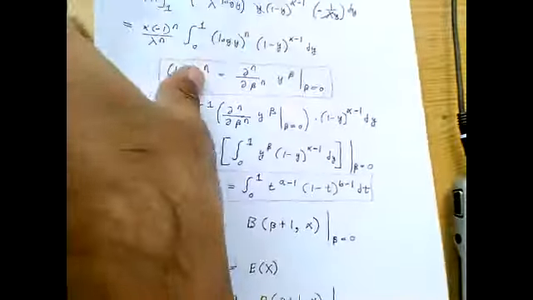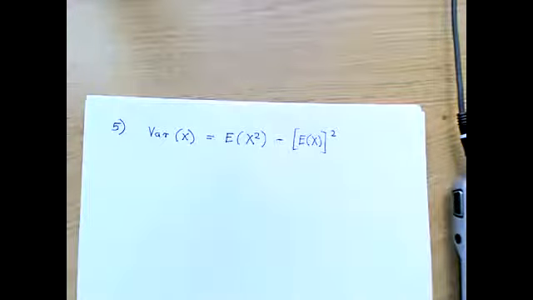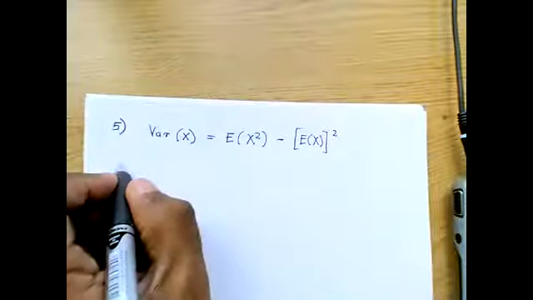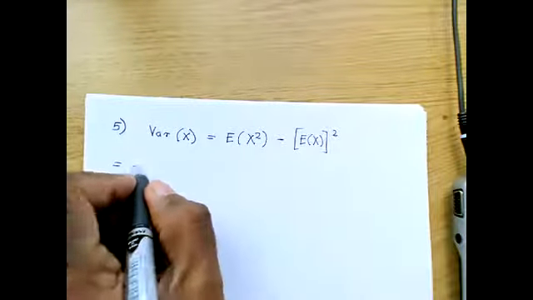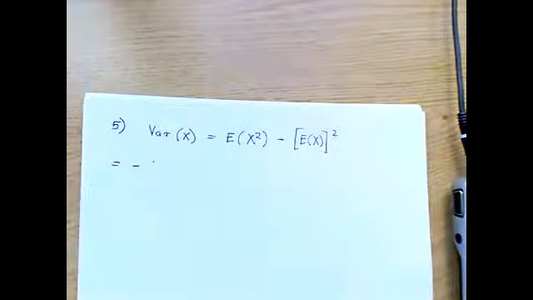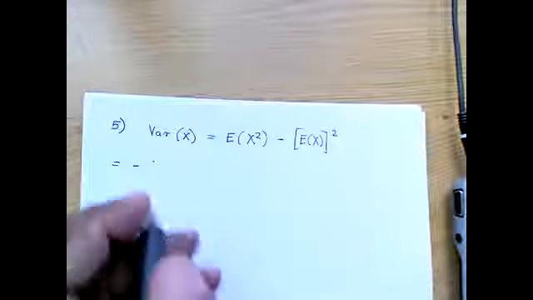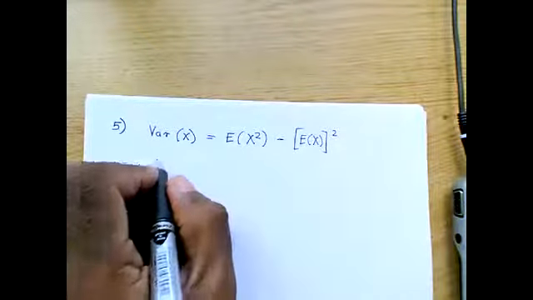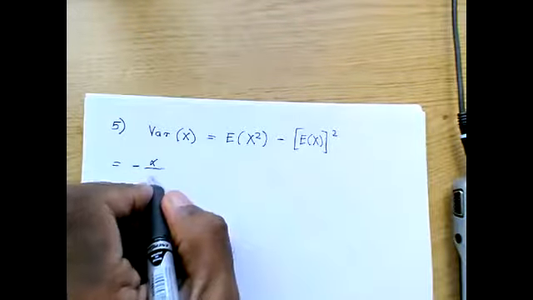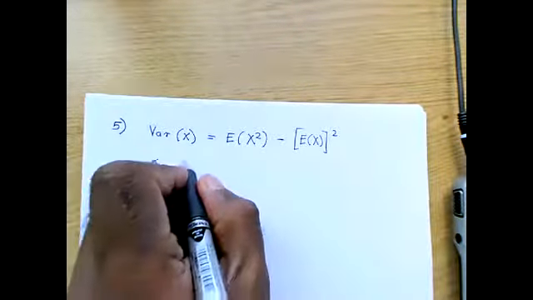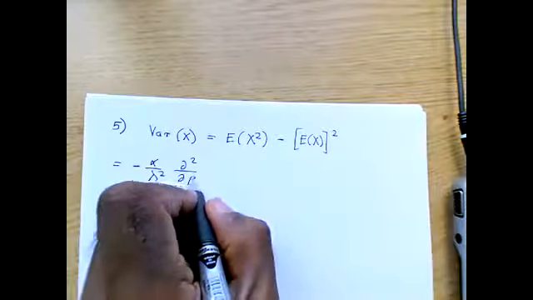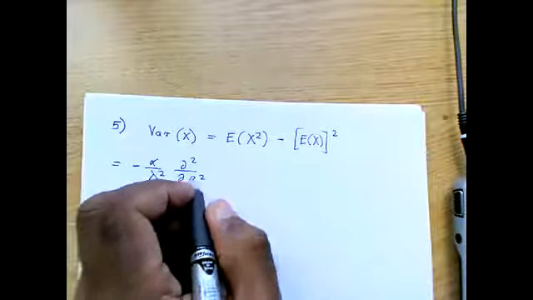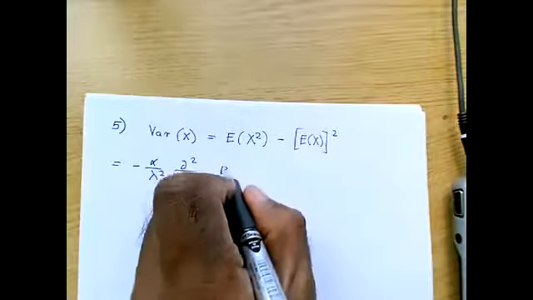So put n equal to 2. So this becomes minus alpha divided by lambda squared, the second derivative with respect to beta of